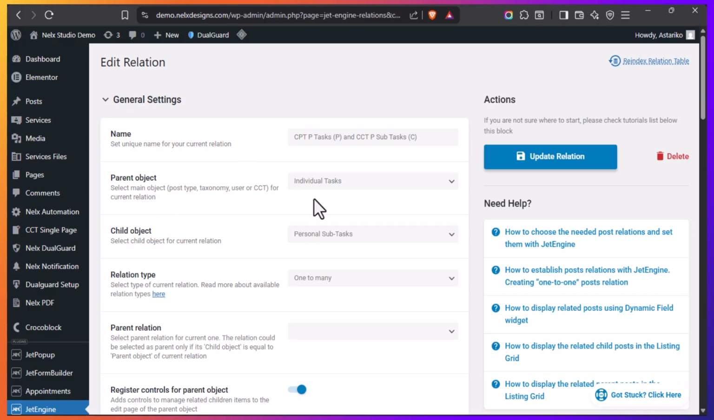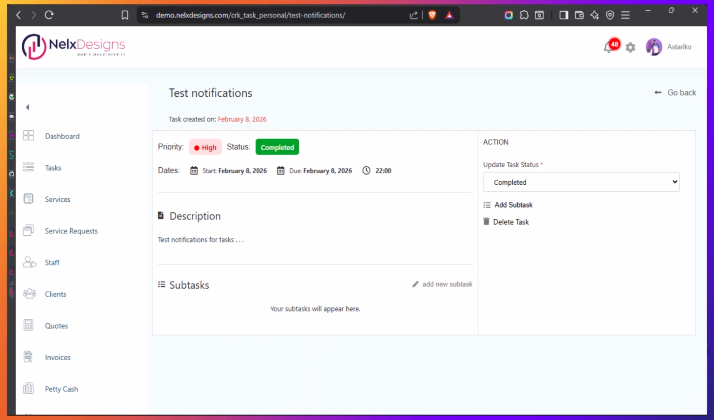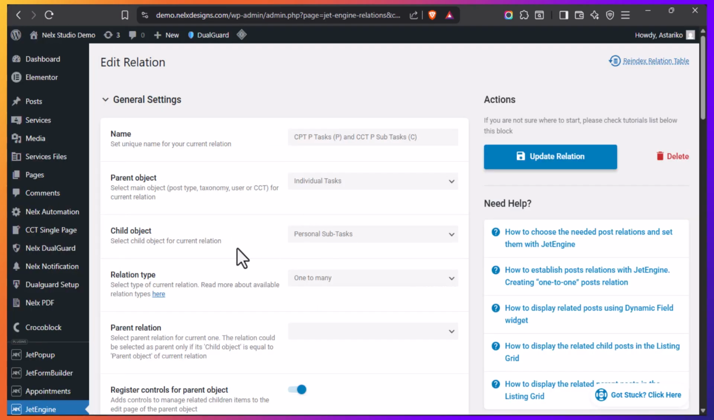The parent object is individual task, which is a CPT. The child object is personal subtasks, which is a CCT, and the relationship type is one to many. What this simply means is that one task can have so many subtasks under it. Then once that part is done, down here,